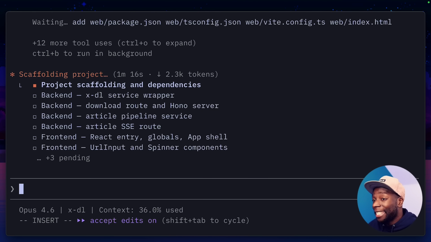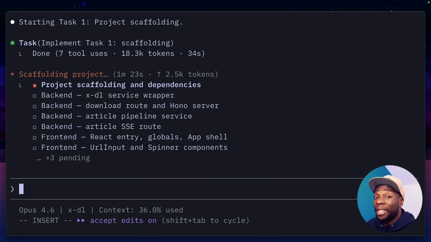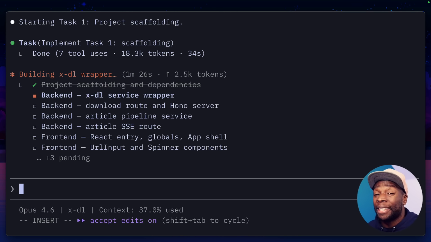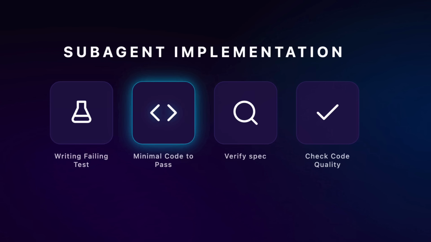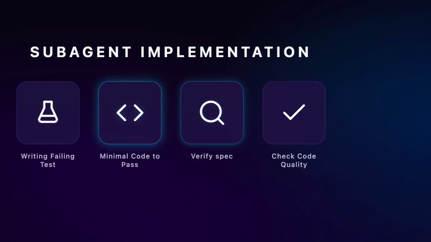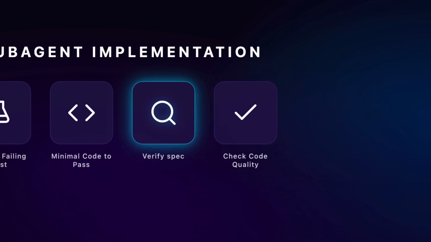Now, unfortunately, these tasks look different from the previous task because I forgot to record the screen the first time. So I've gone ahead and started again, but I used the exact same prompt. So what's happening now is that each sub-agent is first creating a test. So it's writing a test that's going to fail, and then it writes the minimal code to make that test pass. And then when it's finished working on the feature, it verifies the feature passes the requirements that were specified